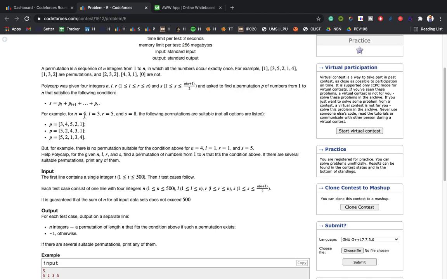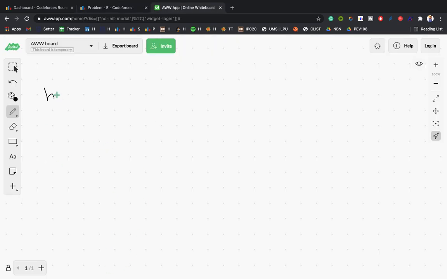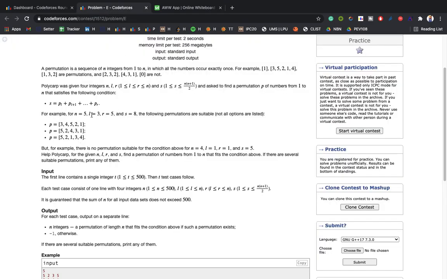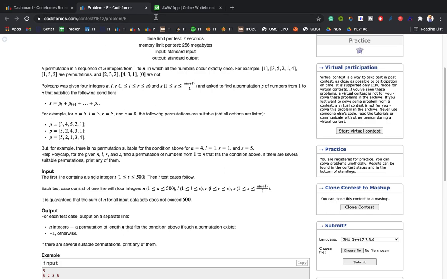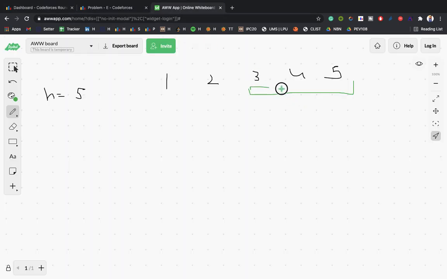So if n is equal to 5, the values are 1, 2, 3, 4 and 5, and we need the sum of the range 3 to 5 to be 8.